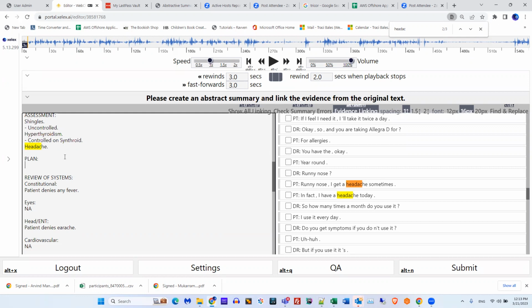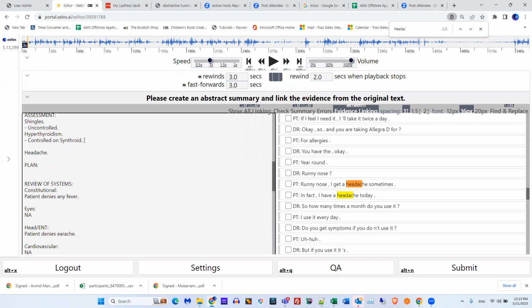One question, Tracy. Yeah. So we were able to identify, like they said, hyperthyroidism, and then we found out a drug related to it. It was Synthroid. And along with hyperthyroidism, there was another condition like increased cholesterol. For that also, they might have discussed some medication. So can we add it that way without self-diagnosing it as hypercholesterolemia?